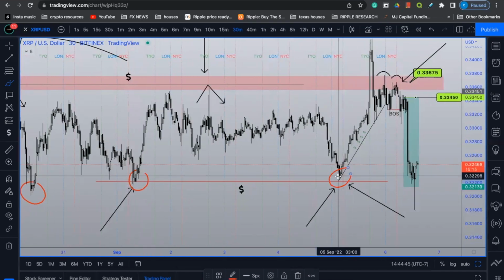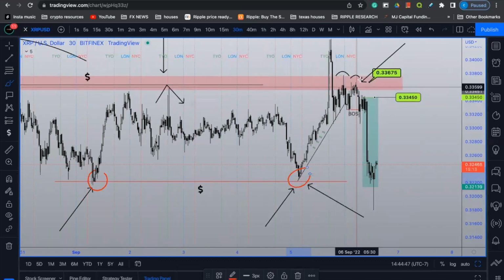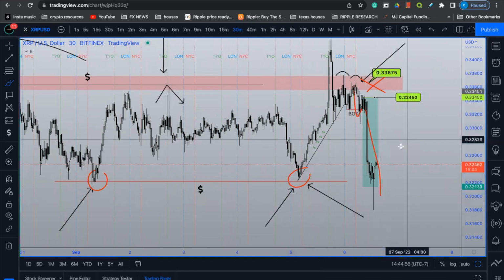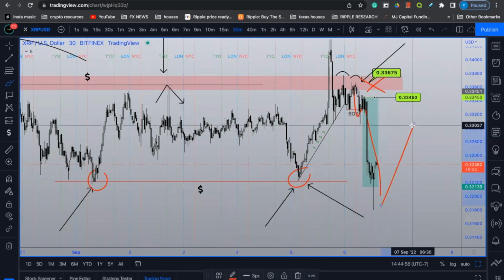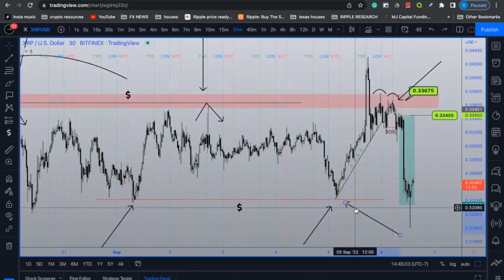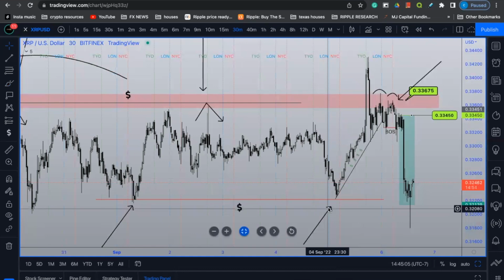Well, guys and gals, would you look at the price action? The market makers are not going to buy from a high. They're going to manipulate price down into lows from where they bought from previous days, and then they will consider taking buy positions if they choose to do so. Now, that was another extra added confluence to why we were able to take the short position today on XRP